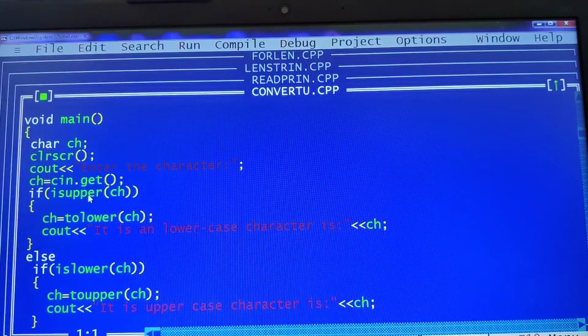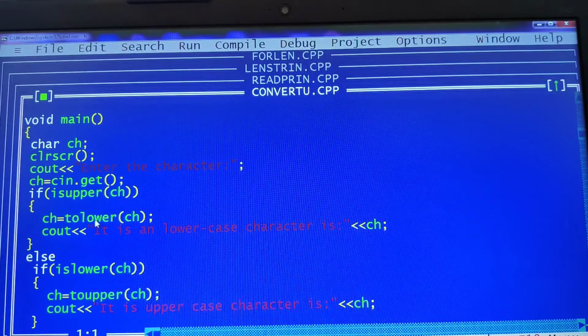If it is an uppercase, then we are entering into the if block. Since it is an assignment operator, first the right hand side operations will be performed and then the value will be stored in the left hand side variable. So whatever uppercase character is read will be converted by using a function known as toLower. toLower will convert from a given case to lower case. Suppose it was isLower, it will check whether the entered character is a lower case or not.